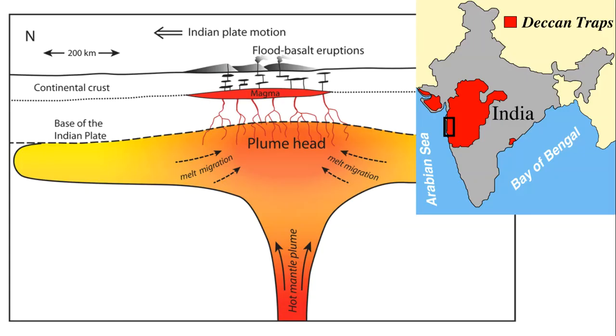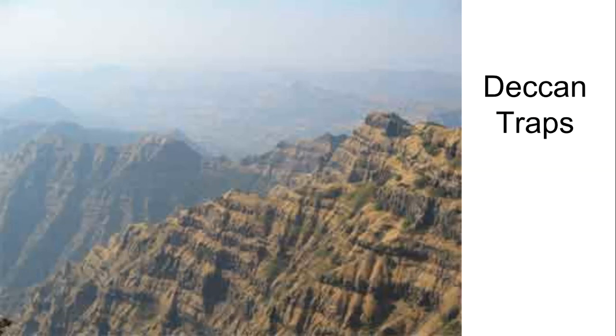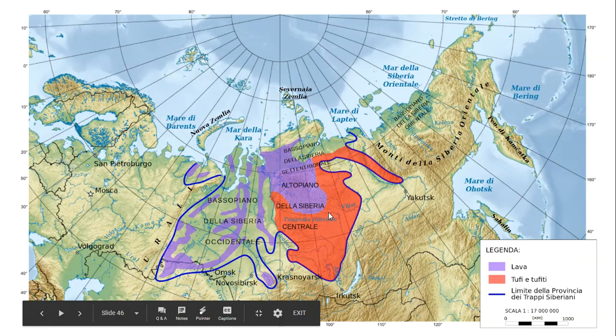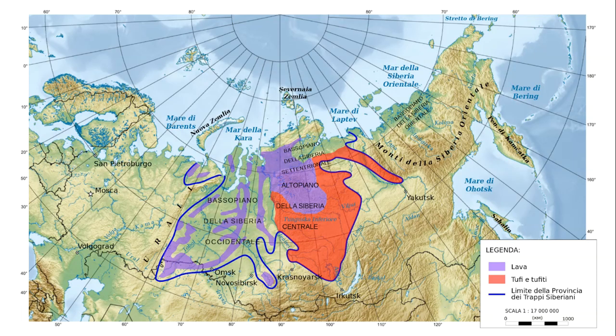Now in India, they have what's called the Deccan Traps, and the eruption of these was associated with the end of the Cretaceous period and the killing of the dinosaurs, at least in part. Then there's the Deccan Traps. This isn't a very good image, but again, you can see the alternating layers of lava rock. And the Siberian Traps, these being associated with the Permo-Triassic extinction, are certainly large enough. Whether you have enough organisms and animals up there to make it work, I don't know.